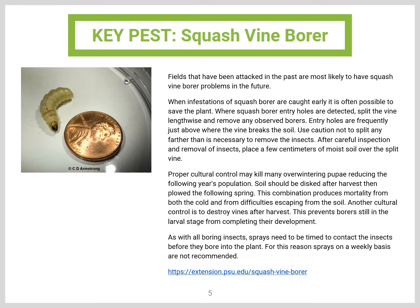Another way that you can control the pest is to remove them as best you can from the plant themselves. So you can see here there's information on how to very carefully and gently remove the squash vine borer from the plant itself. This is possible. And then you can either squash the bug using gloved hands or dunk it in a bucket